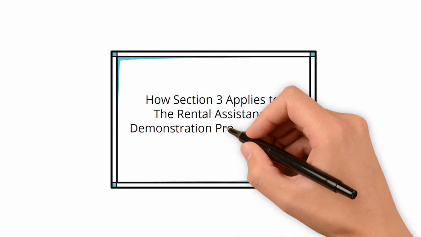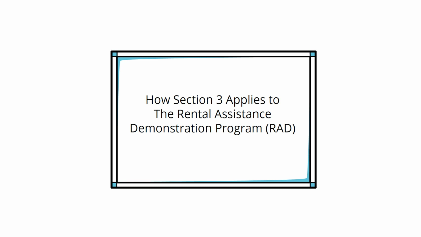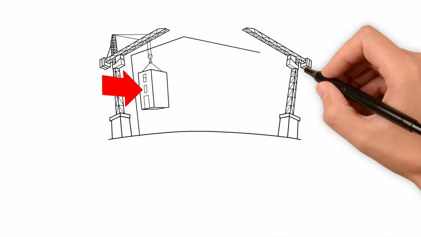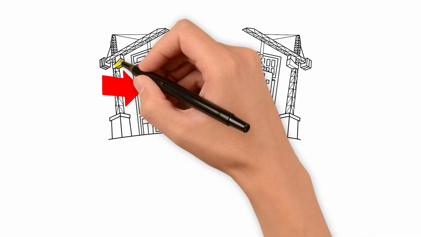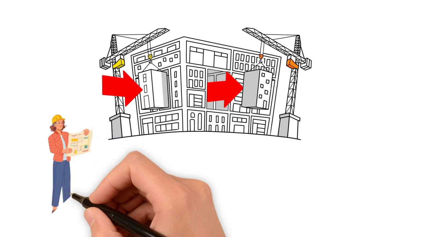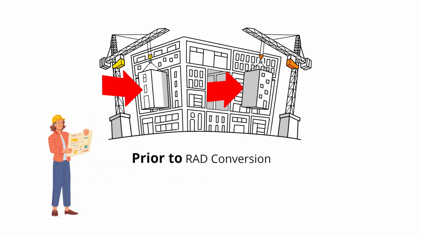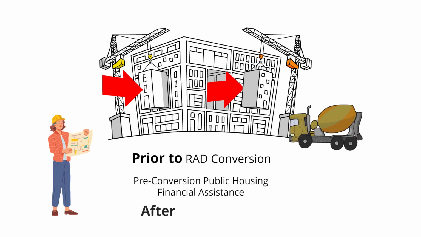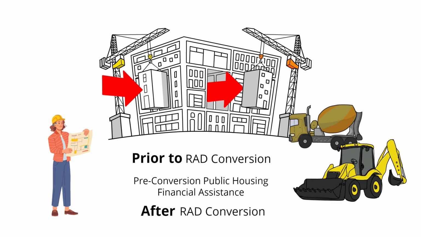In this video, you will learn about how Section 3 applies to the Rental Assistance Demonstration Program, or RAD. Properties converted through the RAD program are covered by the same rules applicable to Section 8. However, Section 3 does apply to pre-development work conducted prior to the RAD conversion using pre-conversion public housing financial assistance, and to activities occurring after the date of the RAD conversion, which are contractually obligated as part of the RAD